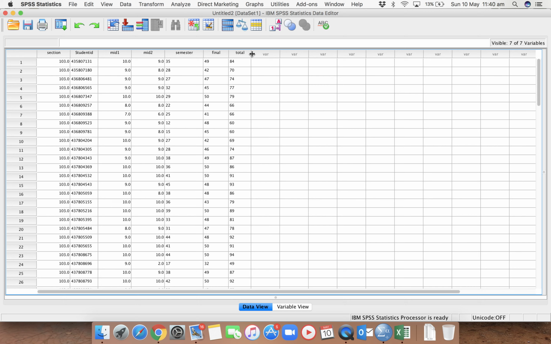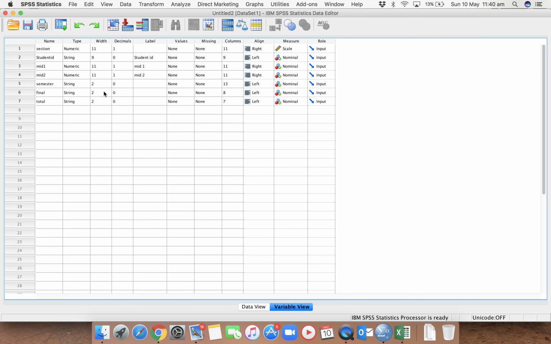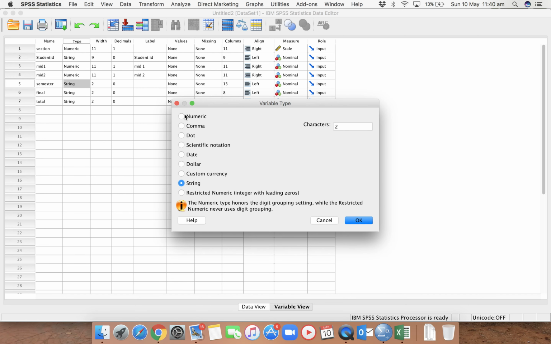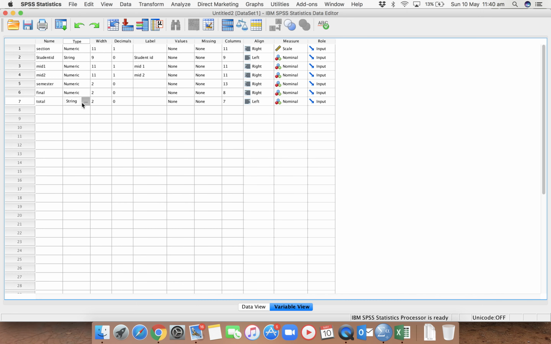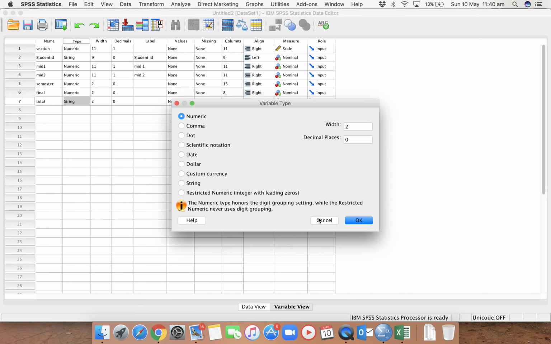Then another important thing, I already explained, now also I will explain again. Go to variable view. Here you have to make everything numeric. For that, click here, select numeric, click OK. Like this you have to make all marks numeric type.